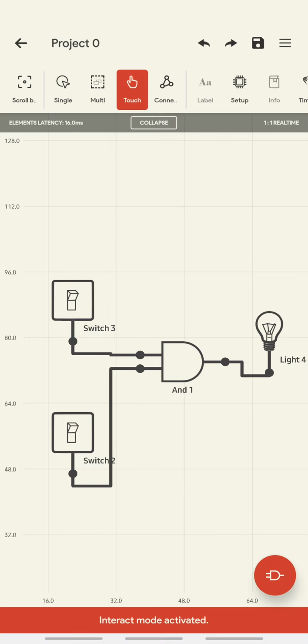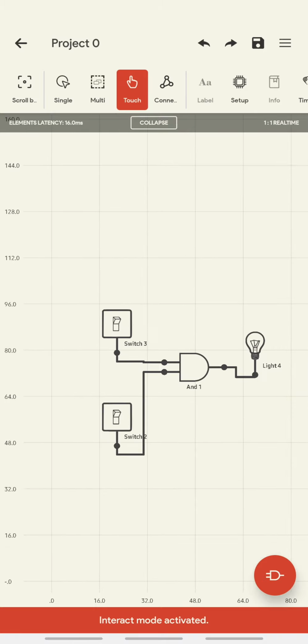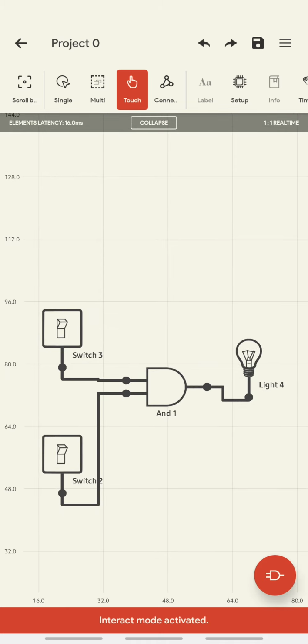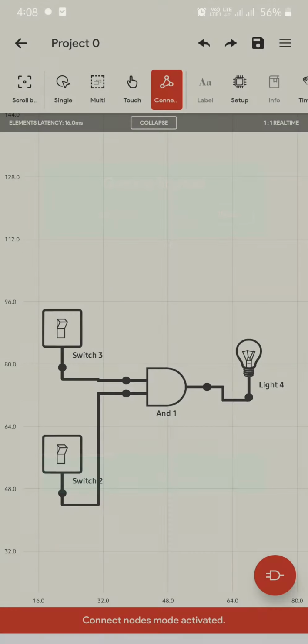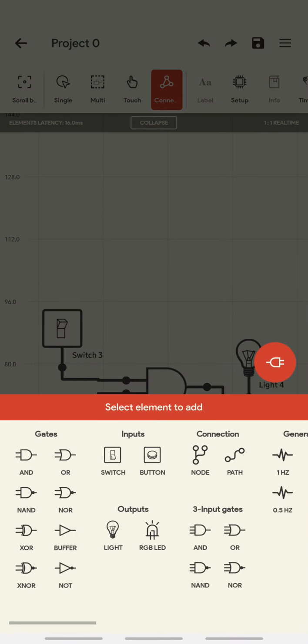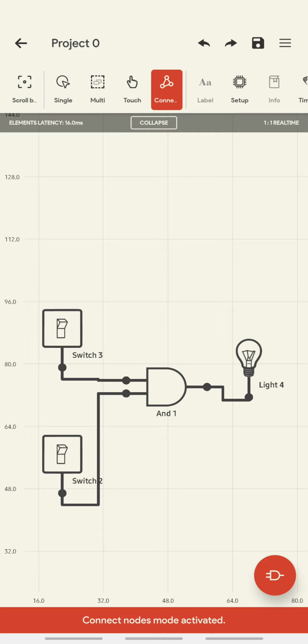Okay, so this is how you can verify this AND gate, right? So you need to install this app for yourself and try verifying the functionality of this AND gate, right? We can even try the functionality of a 3 input AND gate from these elements, right? Now we can go for this, let's go for the OR gate.